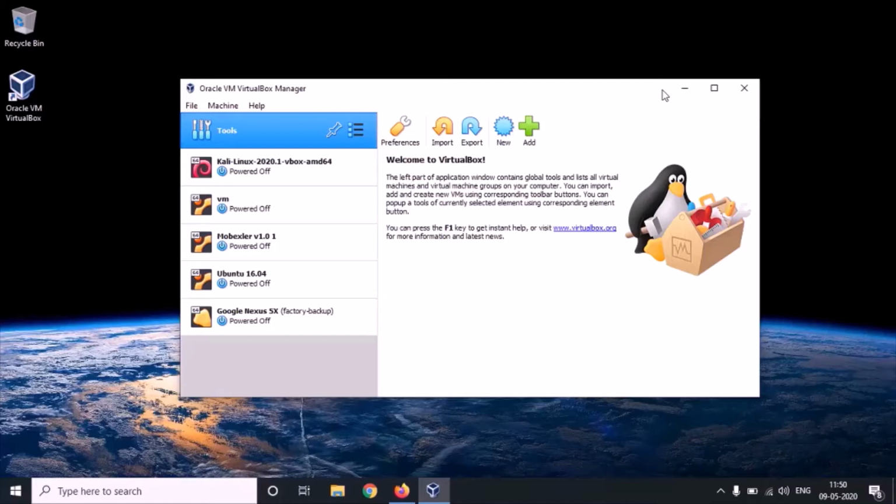What is VirtualBox? VirtualBox is a general purpose virtualization tool that allows us to install multiple OS on our host machine. There can be multiple reasons why you want to install multiple OS. It can be that you want to create your own network of VMs for practicing your penetration testing skills, or it can be just that you want to have hands-on experience on that operating system without losing your current operating system.